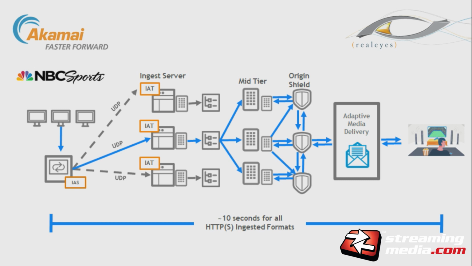Then from your ingest servers, this can go to your mid-tiers, your origin shield, and then your actual adaptive media delivery. And then the last mile, they also are using things like QUIC on Chrome and also socket-based connections on native apps. And they have SDKs that supply that across the board. It can offer some pretty cool capabilities and get latency much lower on a full managed system that's worldwide and very powerful. So that can be something that's of high use.